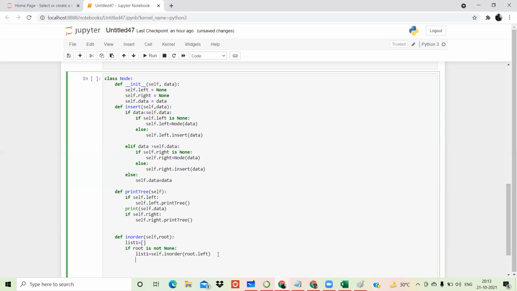Yeah, just trying to understand. Okay, no issues. First we created the empty list, then we are checking that if root is not none, that means user has to enter at least one element. Then we are saying that case list one के अंदर self dot in order, that means it is going to call this function again for the root dot left. That means it will check if the element is present towards left. If it is a node, then it will check again उस node को कोई left element है क्या. ऐसे करके आपके सारे लेफ्ट एलिमेंट पहले ट्रैवर्स हो जाएंगे.